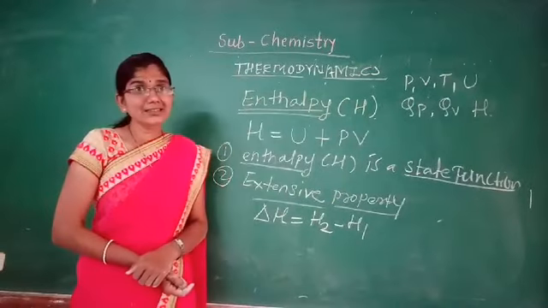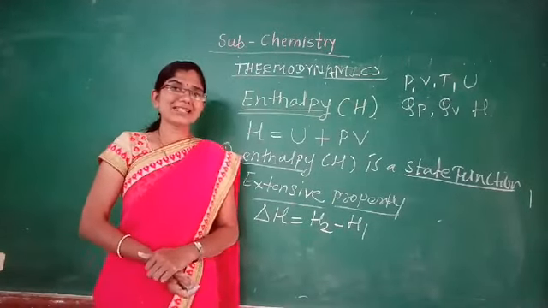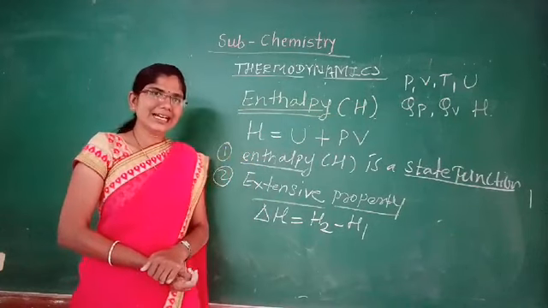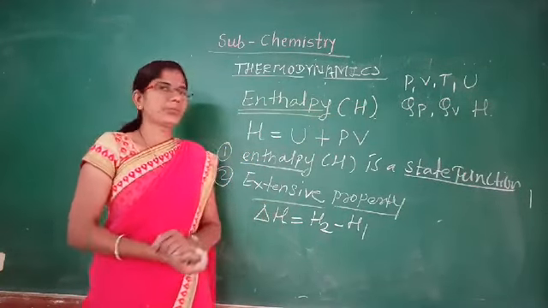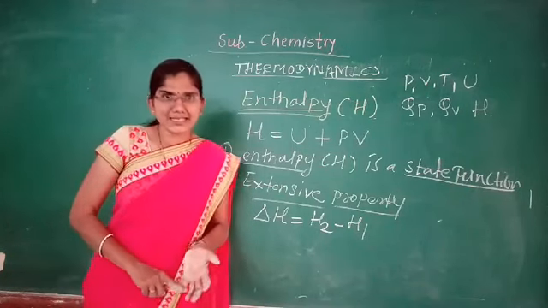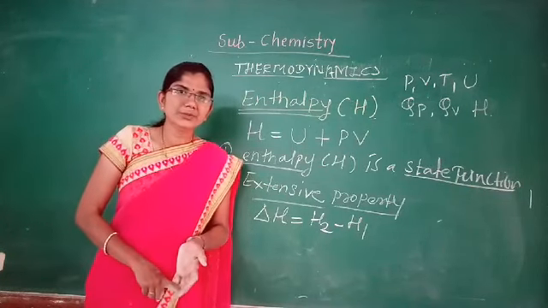When we see the properties of a system as extensive property and intensive property, examples of extensive property are mass, volume and